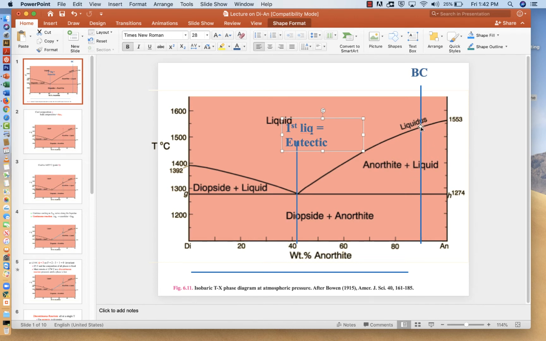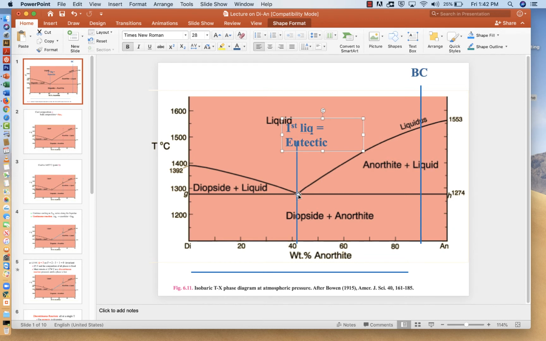The only way we can get to this point here, we're going to take this rock and melt it from very cold to very hot. The only way you can get to this point here is to go up this curve instead of this one here. And the only way we can go up this curve, anorthite plus liquid, is if we get rid of all the diopside. So we'll still sit here at 1274, creating liquid of this composition, but we'll do so now